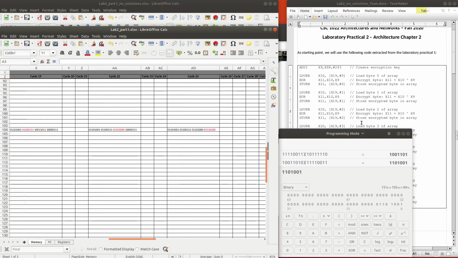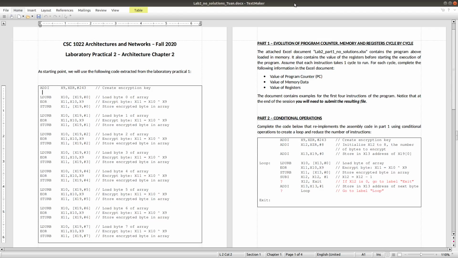And so here we finish our lab 2 part 1. Well, we already finished our first part in today's lab about how the CPU works, how it changes the value of registers, and the PC value or program counter value, and the value inside memory after each instruction.